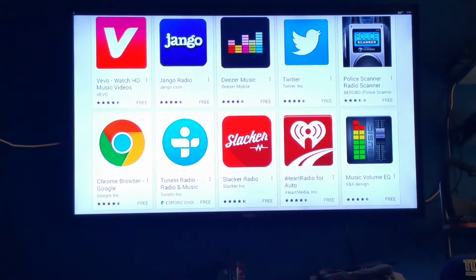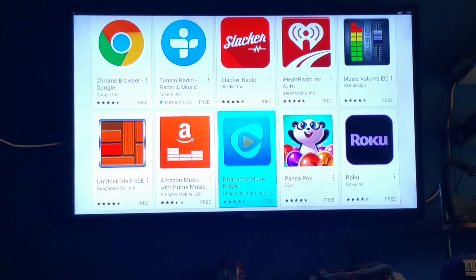I just recommend if you're going to put a lot of these apps on here, you should go to the 64 gig. Don't go to the 16. Go to the 64 gig. If you're going to put a lot of apps in here, put everything on the SD card. Let the memory on the M8 or any V-Stream box that you have, if they have an SD card slot, allow them to store everything on the SD card and leave it off of the internal memory, because the internal memory will slow down if you max it out.